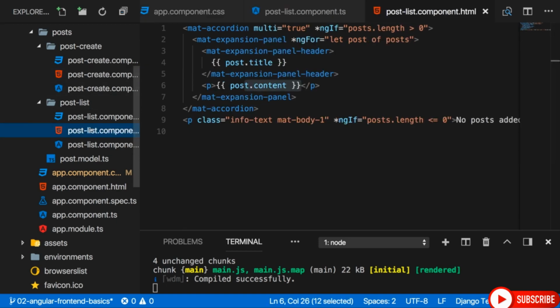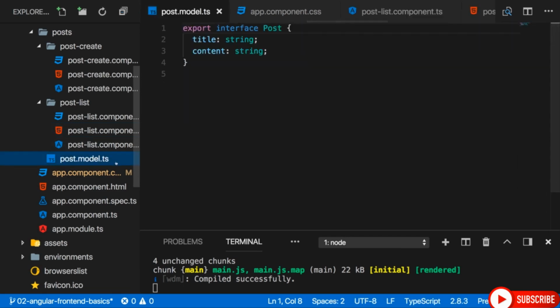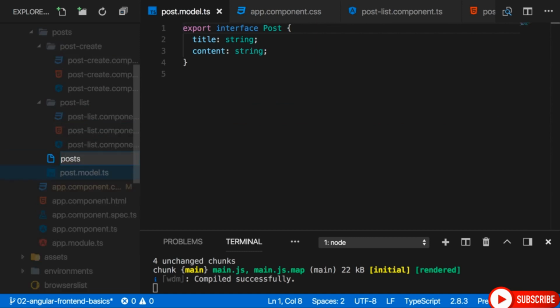So it would be nice if we had an easier way of passing data around, or an alternative at least. And such an alternative, which we will use quite a bit throughout the course for other things too, is a service. A service is a class which you add to your Angular application, which you let Angular inject into components. I'll come back to what inject means. And it is able to centralize some tasks and provide easy access to data from within different components without property and event binding. I will create a posts service in the posts folder by creating a new file,